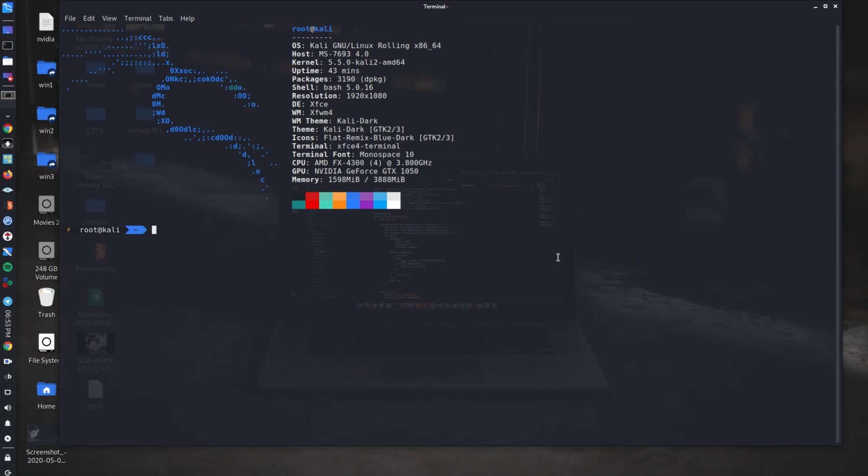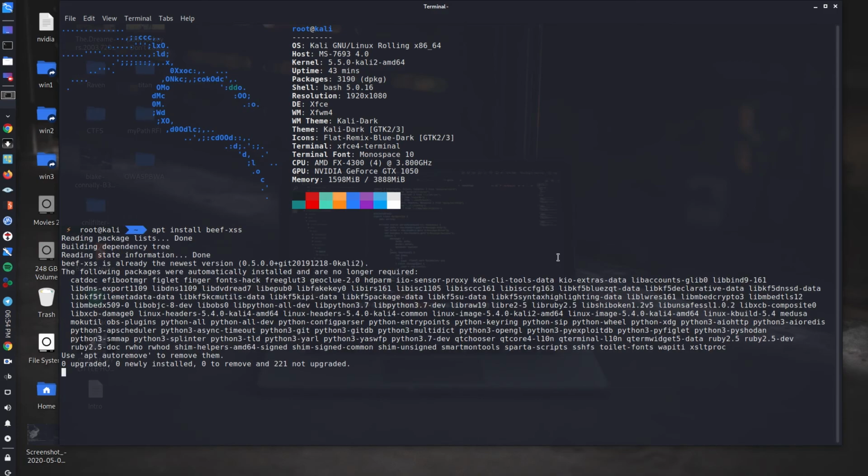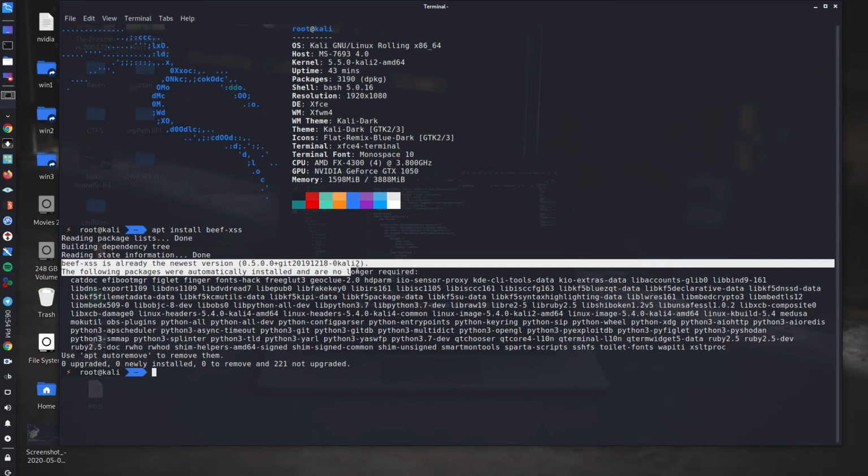But if it is not, then you just need to install it by invoking this command: apt install beef-xss. And you can see I have already installed it, and it's saying beef-xss is already the newest version.